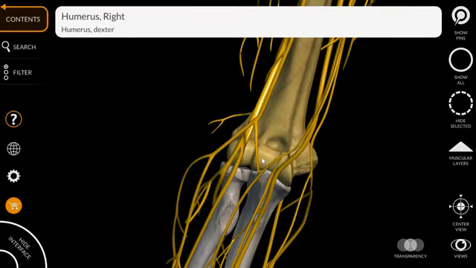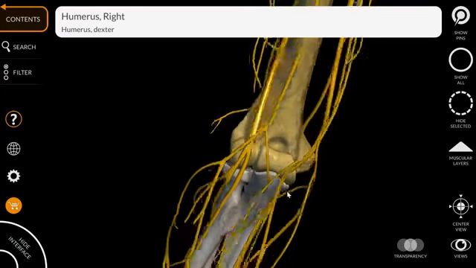Okay, the articulating surfaces of the elbow joint, as you can see here, are the lower end of the humerus, and this is what you can see anteriorly, the trochlea and capitulum of the humerus, the head of radius, and you can see here the coronoid process of the ulna.